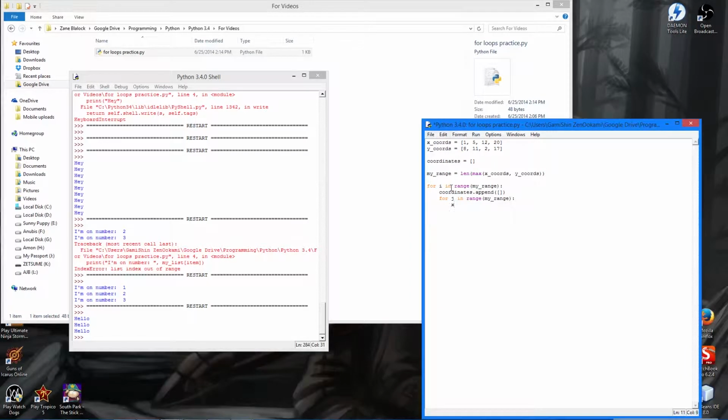We'll call this XY for X and Y. It'll equal X coords at I, as well as Y coords at J, and then we'll do coordinates at I dot append XY. And I think this will actually work. And then we simply print out